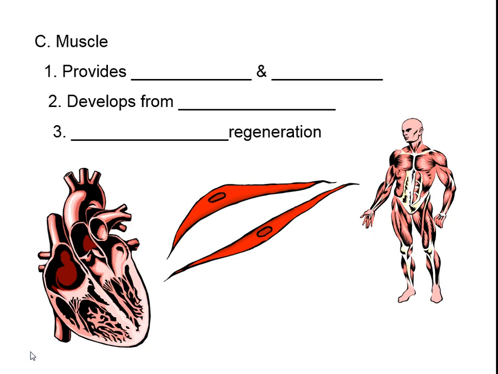The third type of connective tissue is muscle, and of course we know muscle provides movement, but it also supplies force. I can push on a wall and not move it, but my muscles are still providing the force which I'm exerting on the wall. So not only movement but force as well. Remember, it develops from the mesoderm since it's in the middle, and it has poor or no regeneration. There are some satellite cells that can regenerate, some support cells, but the norm is that muscle cells do not